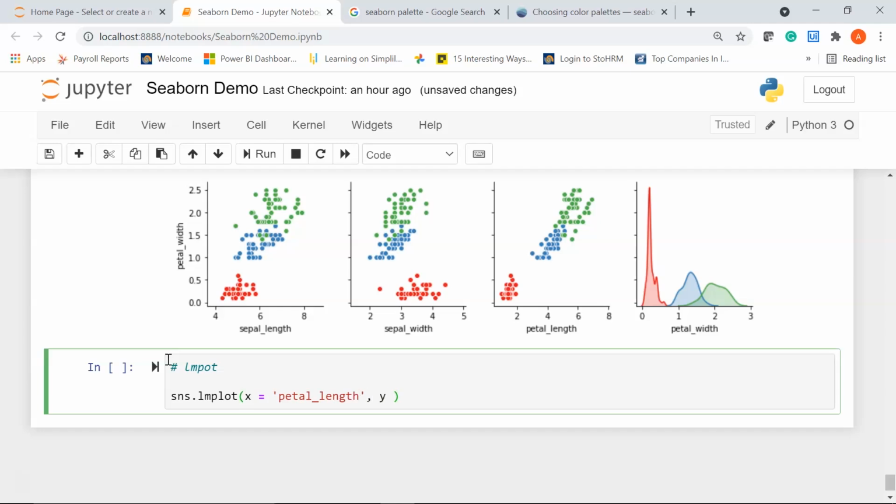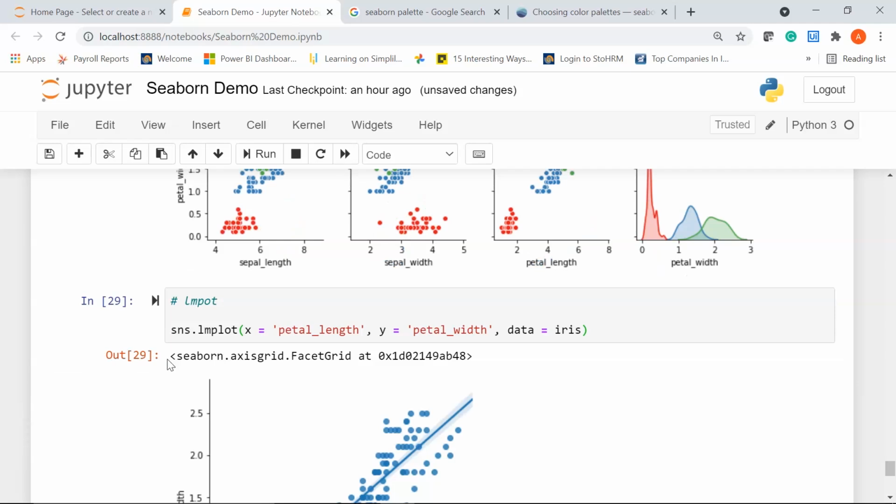In the y-axis I'll pass in petal width, and I'll pass in my data frame using the data argument or parameter, which is iris. Let's run it.